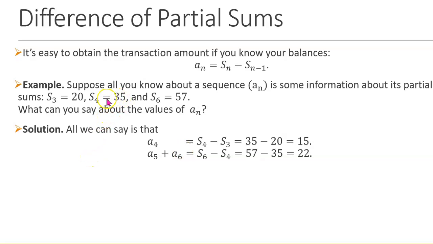Also, since we know S4 and S6, the difference of these two running totals will give you the sum of the transactions which happened in between. In other words, it will tell you a5 plus a6. Okay,